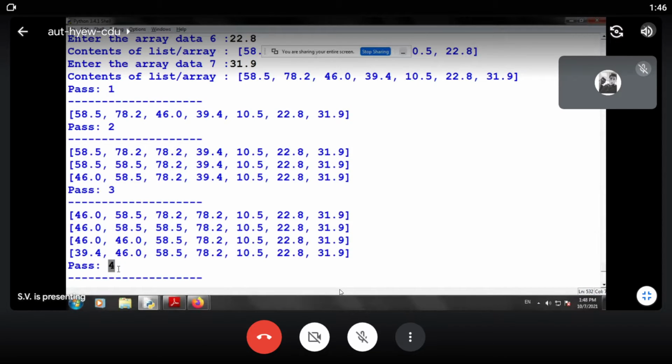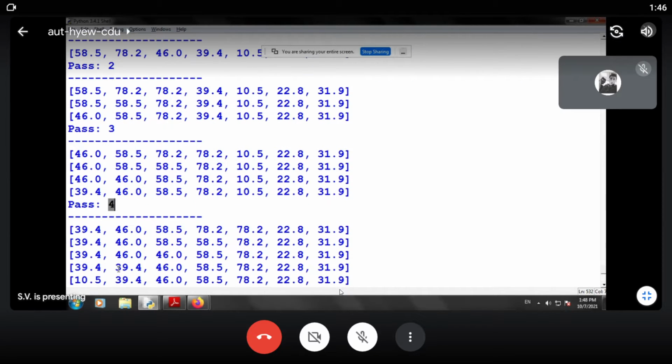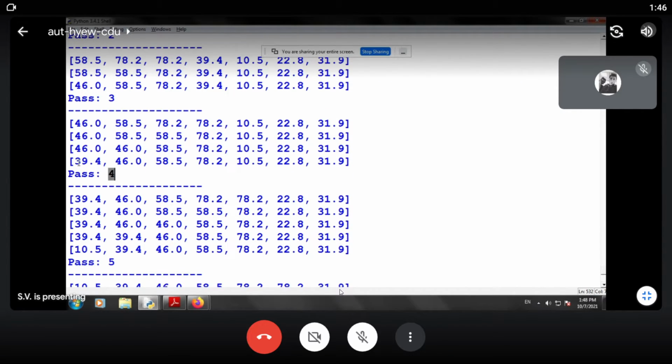Participants, did you understand the concept? Now let us move to the next sequence. Again we are checking from 39, 46 is in sequence, 58 is in sequence, 78 is also in sequence, but 10.5 is not in sequence.